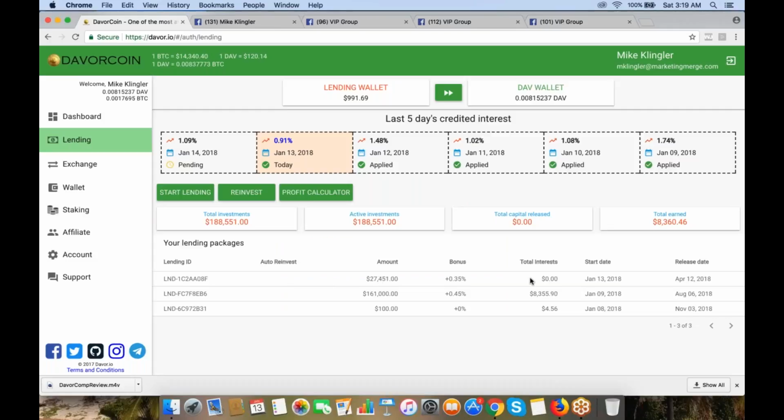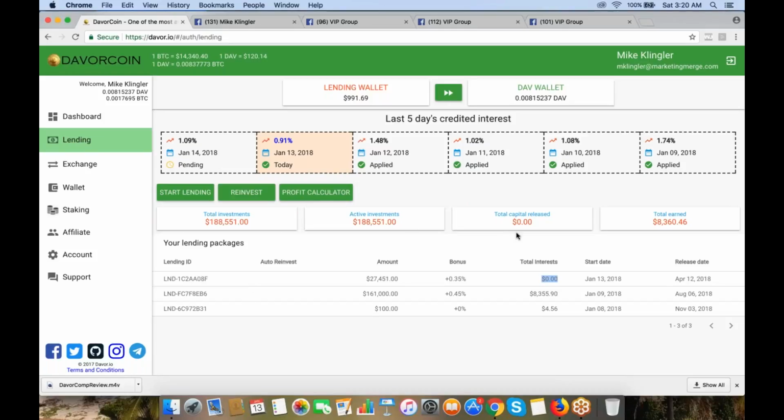And so tomorrow, this is going to be about $400 that I get each day for 89 days. And then at the end of those 89 days, I'll get my initial $27,000 back on top of all of that. So pretty awesome, and it shows the itemization of all the lends that you've done here in the lending section. It also shows your total investment that you have cumulatively,